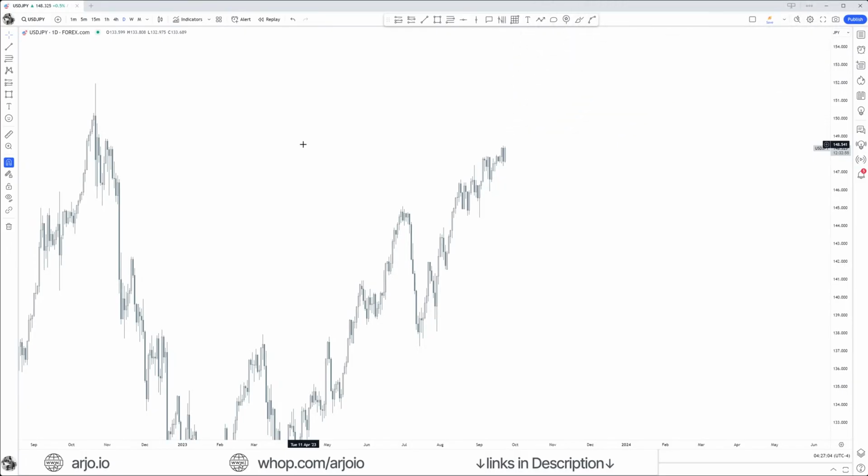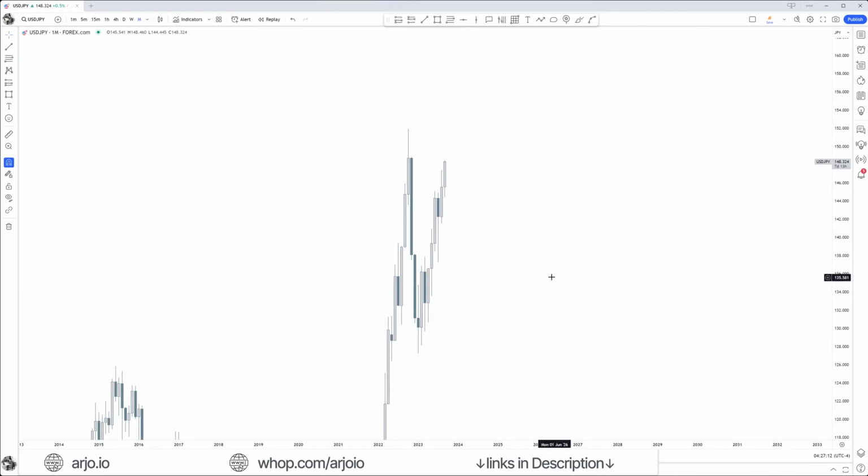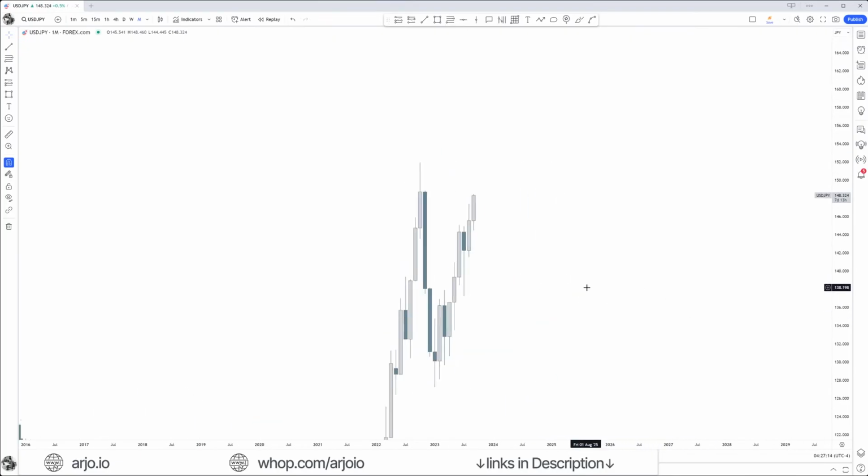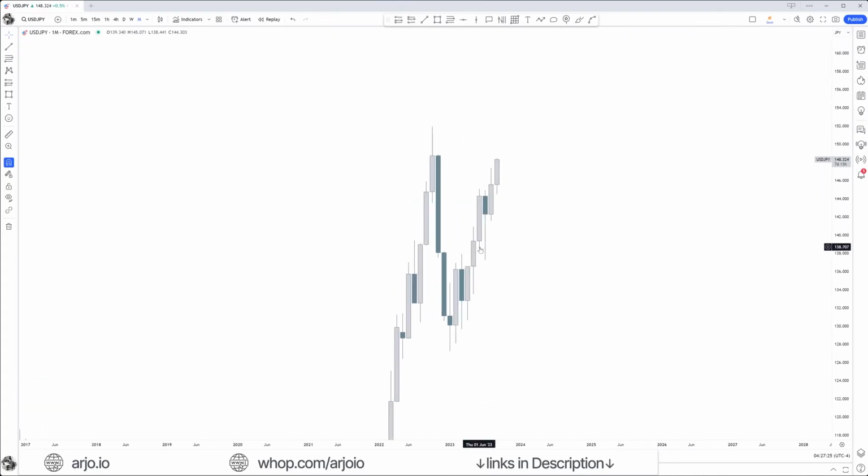So if every time frame needs to be in context of the time frame above it, where do we actually start? We start on the monthly time frame. Why do we start on the monthly time frame? Because the monthly time frame has the strongest magnets. Whatever the monthly time frame wants to do, price will move there. Whenever price is moving towards this fair value gap right there and that order block right there, it will disrespect every single order block that is on the weekly, daily, 4 hour, 1 hour, 5 minutes, of course